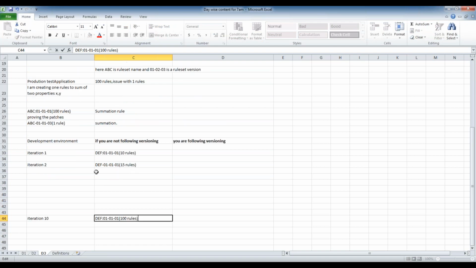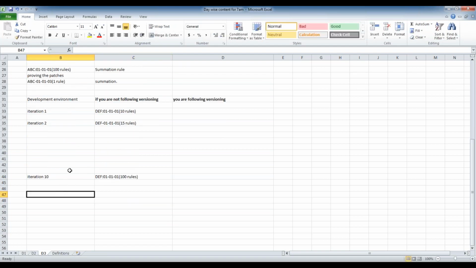When I come to iteration 10, I came to know that whatever issue I identified in iteration 1 is not a valid issue. The fix is not required for that. We unnecessarily fixed that.